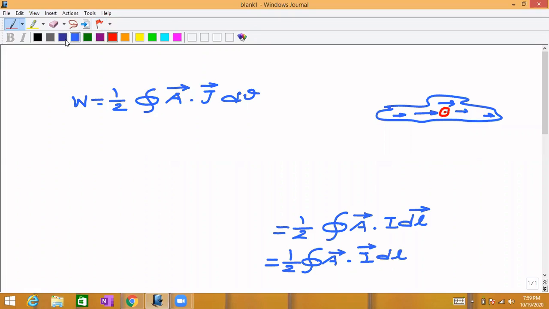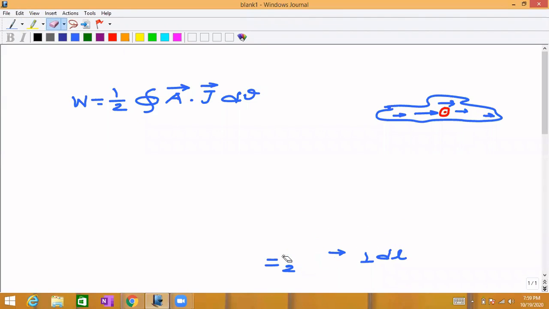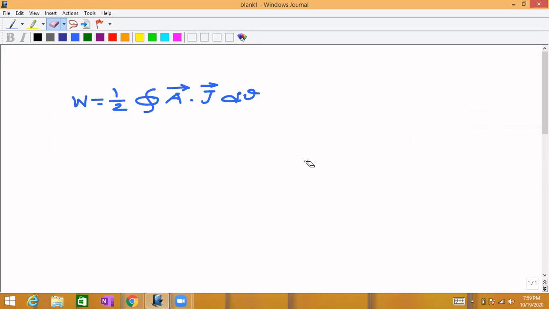Okay. ঠিক আছে। তেতিয়াহ'লে আমি workৰ এইটো expression পালো. Work is equal to half into closed integration A vector dot J vector dV. Okay. এতিয়া ইয়াৰ পৰা আমি আগবাঢ়িব লাগিব।